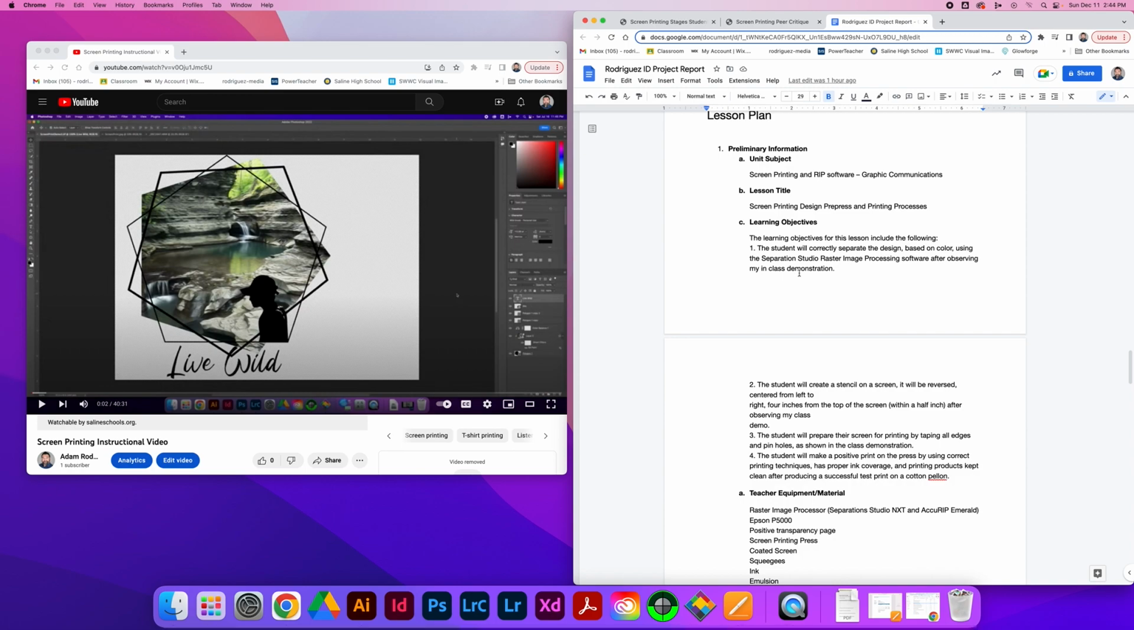Most of them are looking at going into some kind of secondary school, some kind of college program that teaches the graphic communications pathway. This is their introductory lesson into multicolor screen printing design, and